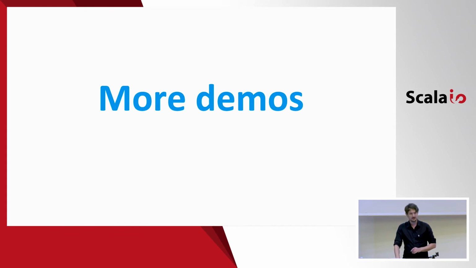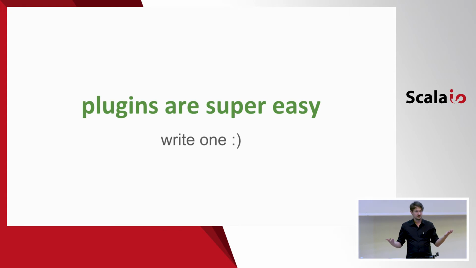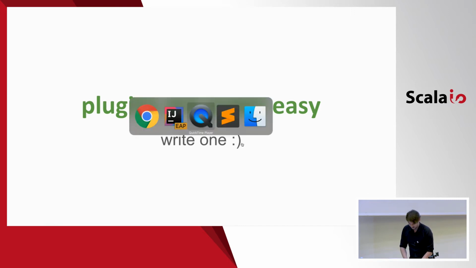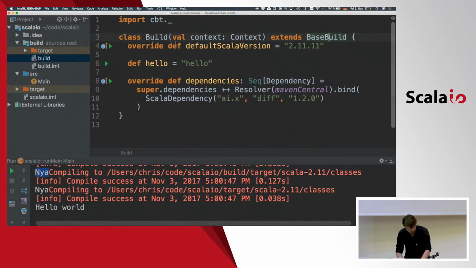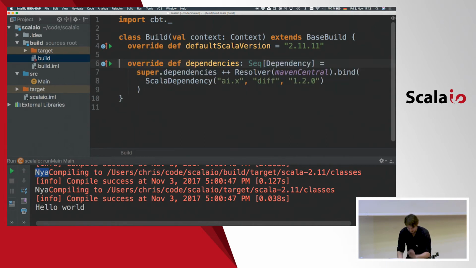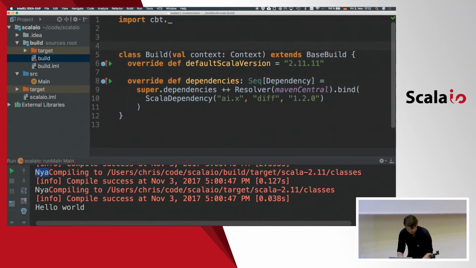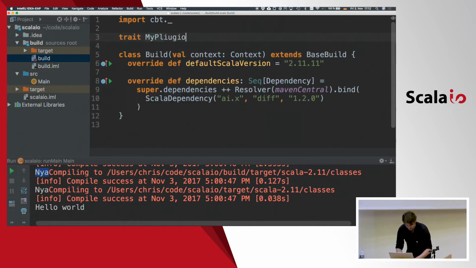So let's do a few more demos. One is, what are plugins in a world where builds are classes? Well, let's just write one. It's easy. Let's go back into the build file. So let's say, okay, what do plugins do? They add new tasks, or they might somehow alter the existing tasks, right? Let's say hello wouldn't be in our build, it would be in a plugin that we want to reuse in multiple builds. So let's just take this out of here, put it in a plugin, trait my plugin,